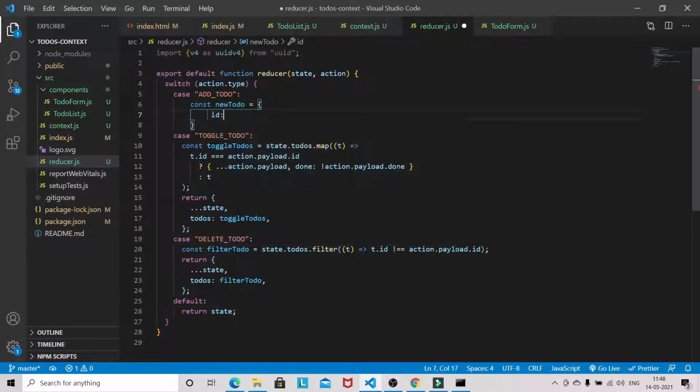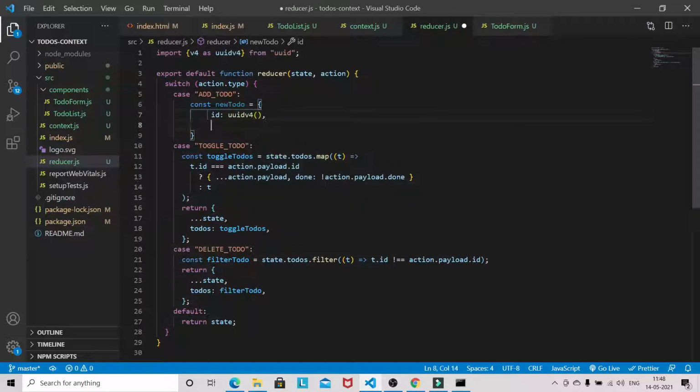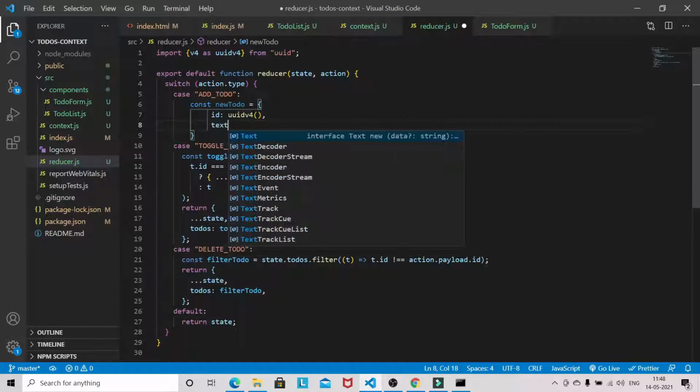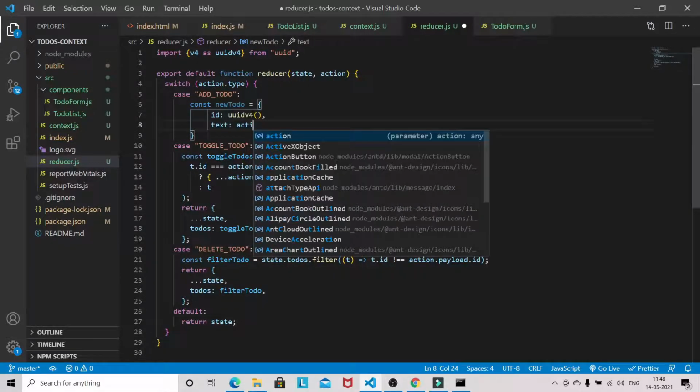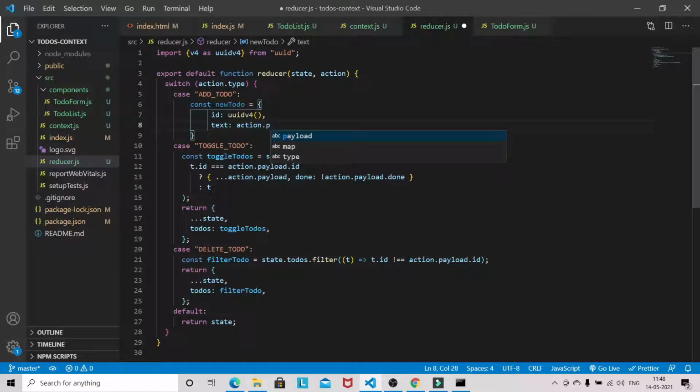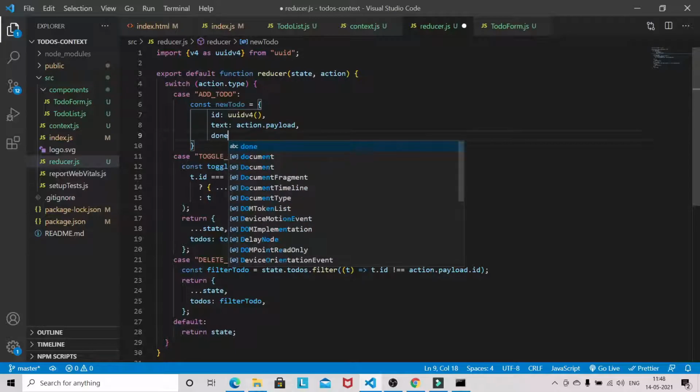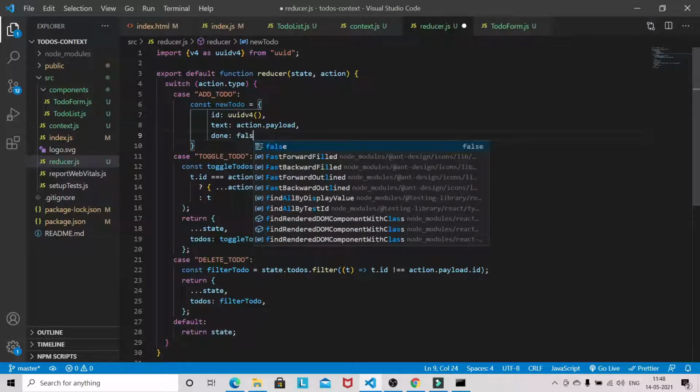Okay, now id, text, action.payload, and done will be by default false.